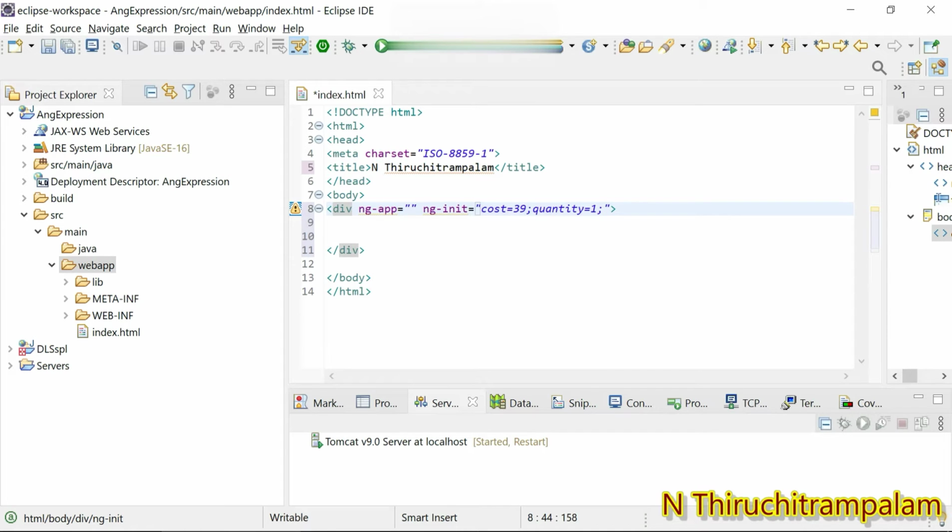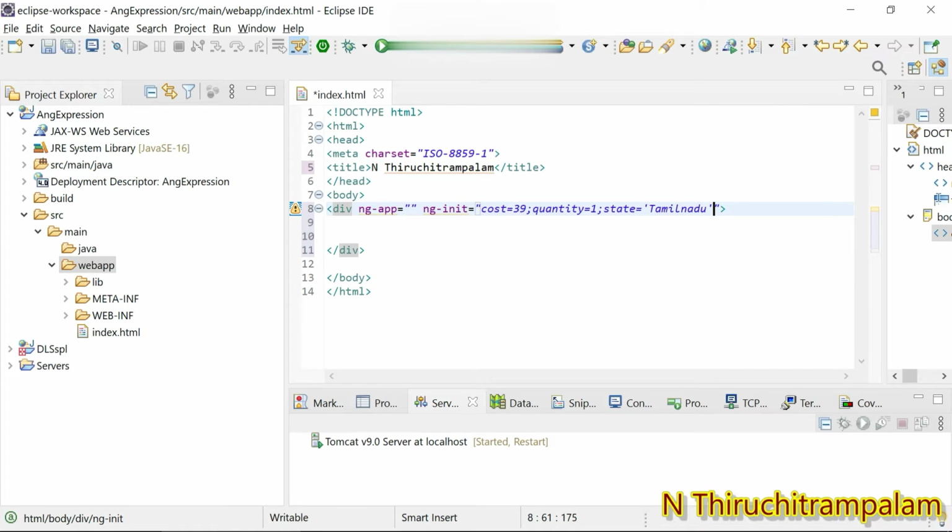And then I create a string. State equal, state is the property name and the value is Tamil Nadu.